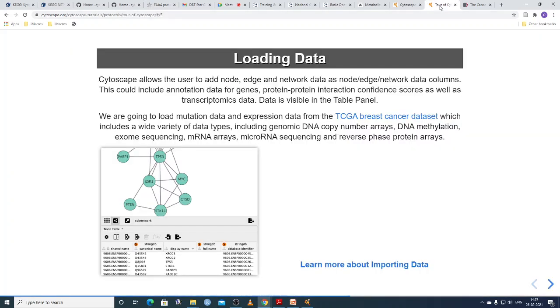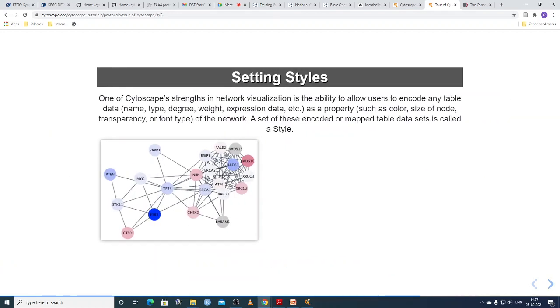These types of things can be there, and this data set can have different data types like microRNA data, mRNA arrays, exome sequencing, DNA methylation, DNA copy number. So this kind of data you can load here. You can select different styles.